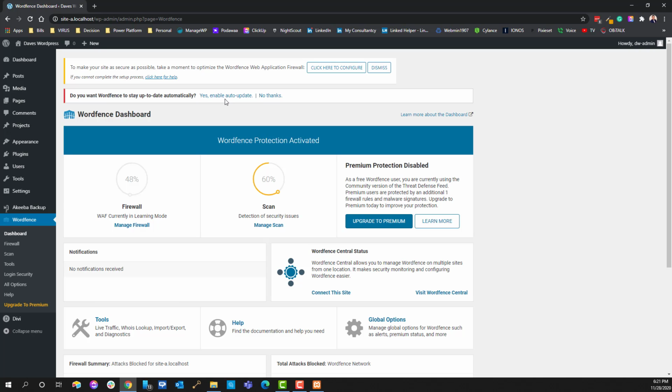If you do not have a good backup, you could literally take down, ruin, whatever you want to use for an adjective, your entire website. So 9 times out of 10, probably even greater than that, 9.5, 9.4, whatever, it's going to be just fine to choose enable automatic updates. The convenience far outweighs the risk as long as you have a contingency to roll back the site with recent data. That's the caveat. So if you got backups in place and you're doing it well, one of the ones